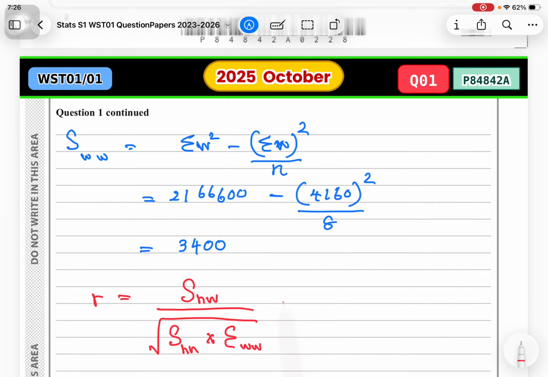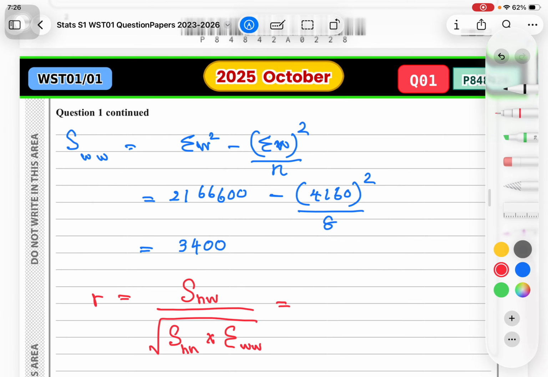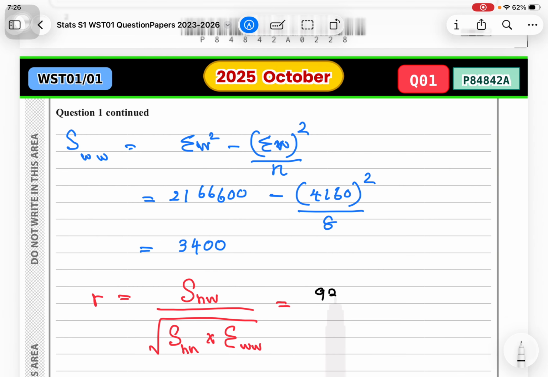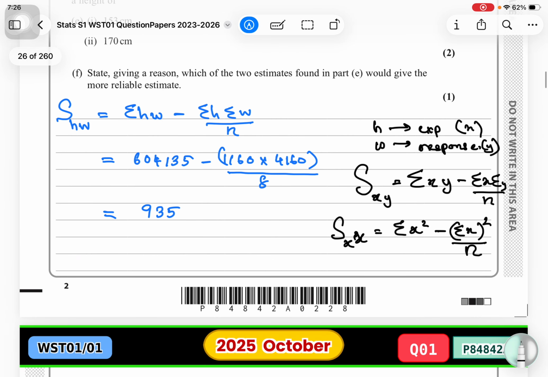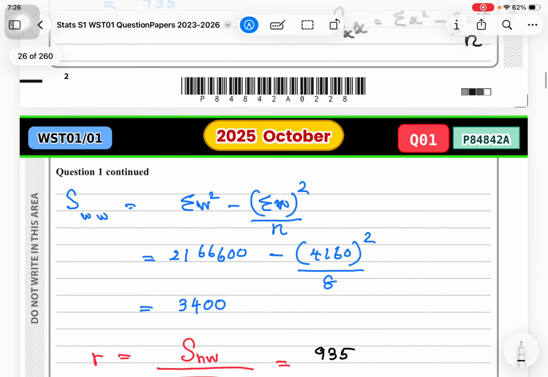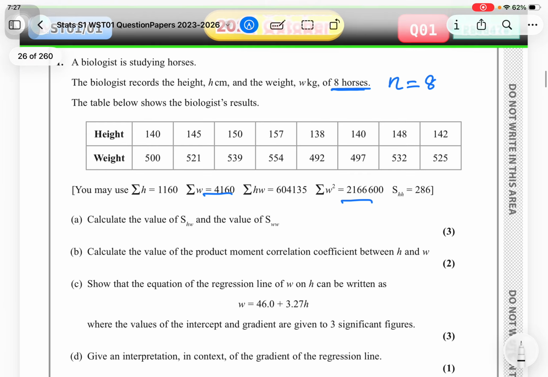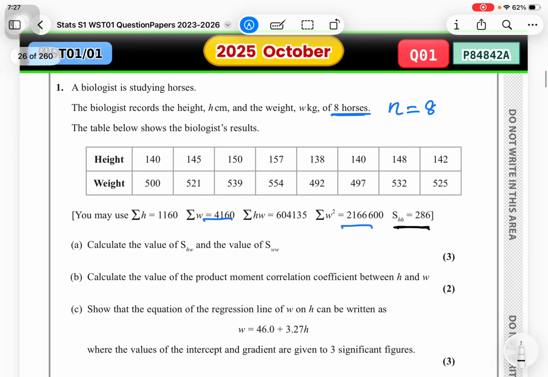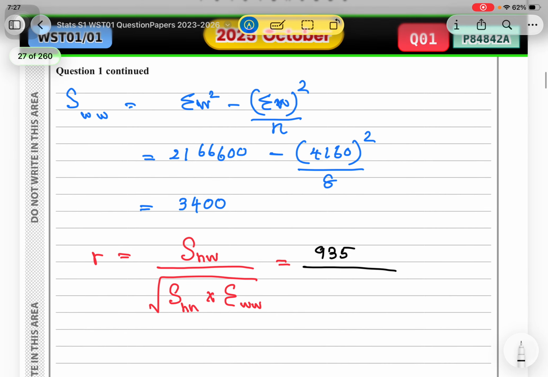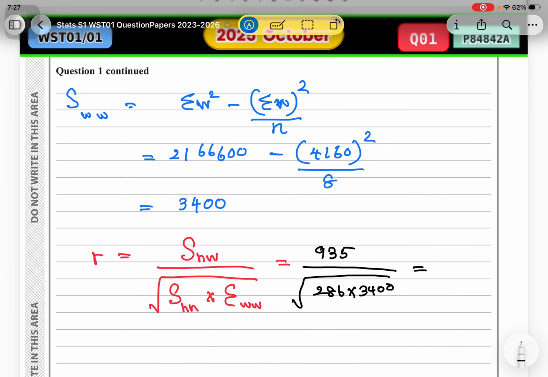So in our question, we have this value which we found on top. I remember it was 935 divided by SHH. Now we have to find it, but let me double check whether it's given. Yeah, it is given. 286 times 3400, and the root. Never forget the root here. So it gives an approximate answer of